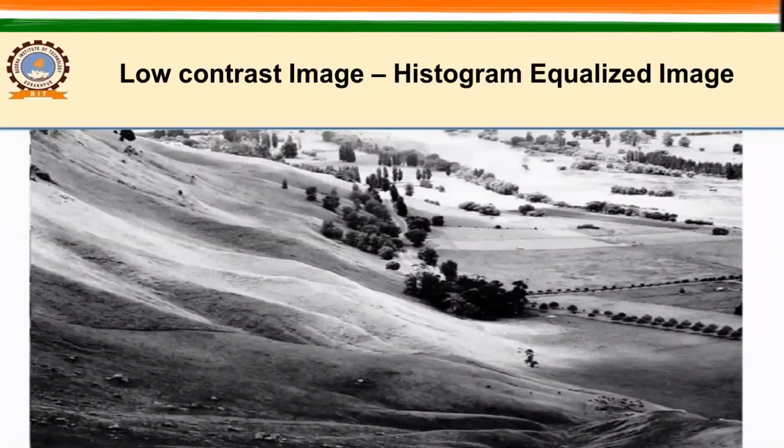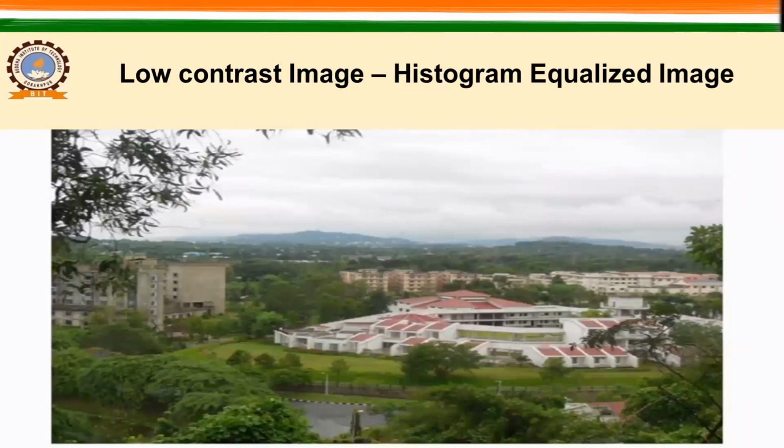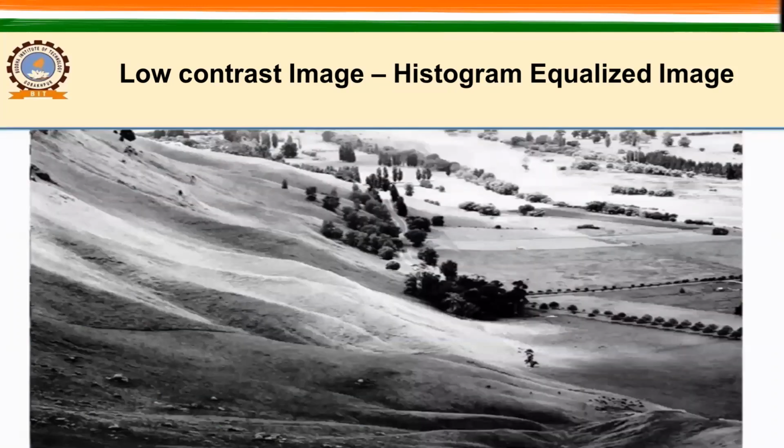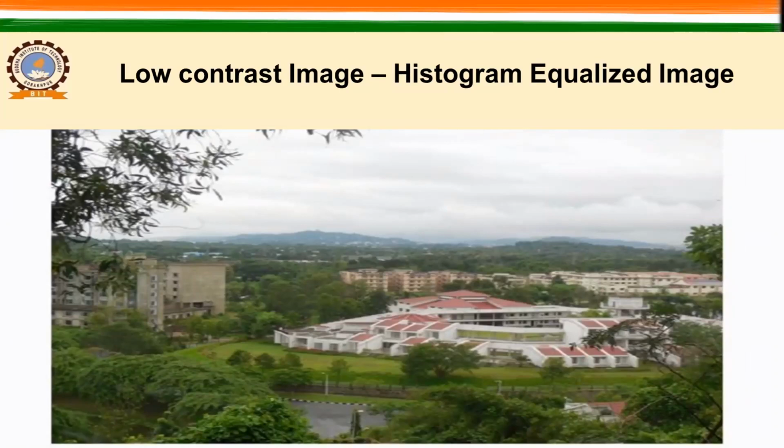After that, you have an example of histogram equalization, okay. This is an image, and once we apply the histogram equalization, the image will look like this, right? I have one more example. See, this one is the image and here is the output. Its output is something like this, right?